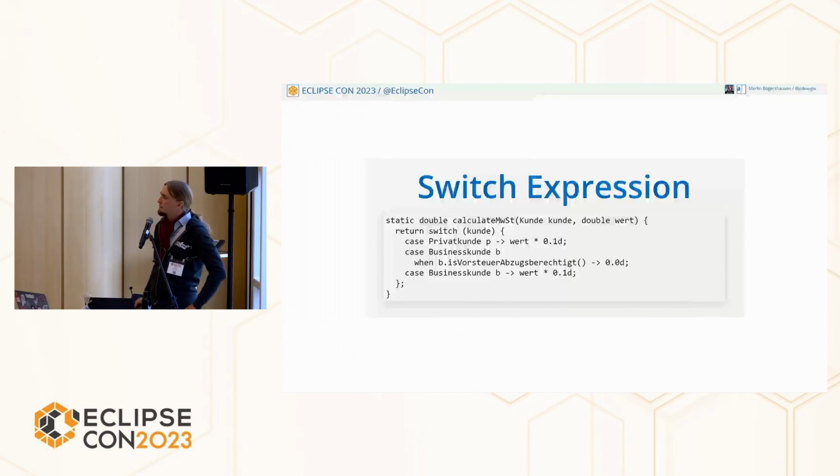a better fit for these pattern matching and exhaustiveness things is the switch expression. Switch expression is a permanent feature. It's the rehabilitation of the switch control. It now can return values, and can be on the right-hand side of an assignment, or like here on a return, a direct return. Big differences. There are now arrows instead of colons. That makes it an expression and no longer a control sequence.